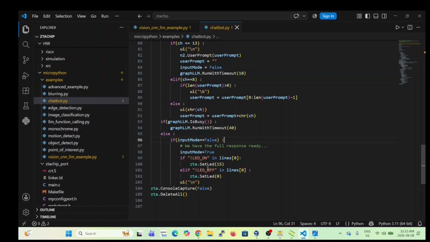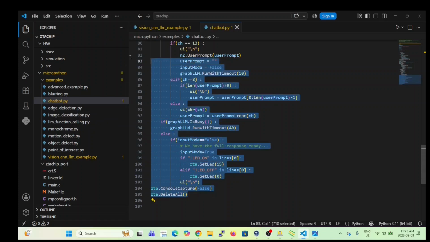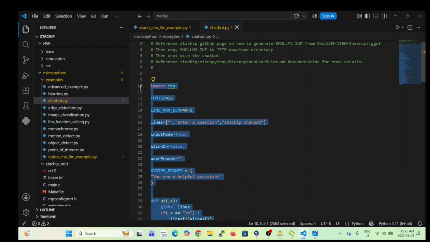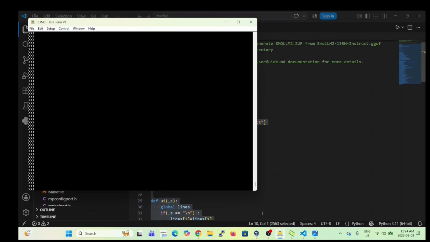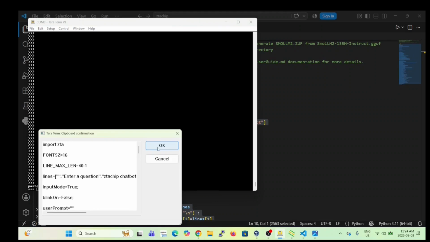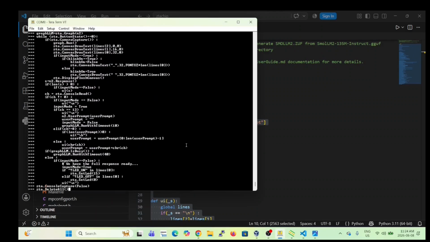This is to show you that ztachip is capable of handling the latest AI model, right? The transformer model. This is a key model today. So I'm going to just cut and paste this. MicroPython, very easy. You don't have to rebuild anything. You just type in the code, right? And then,